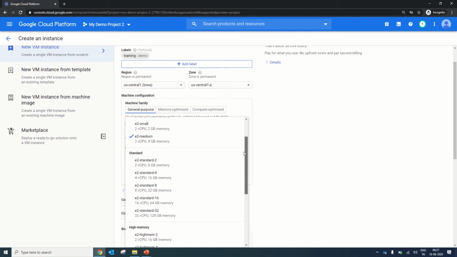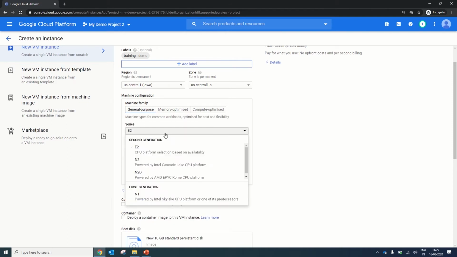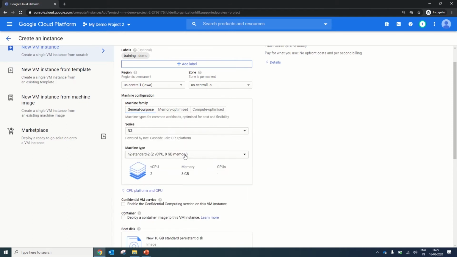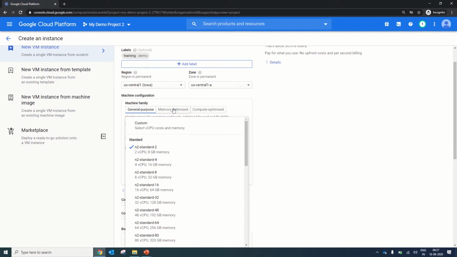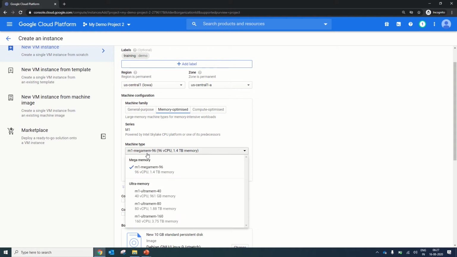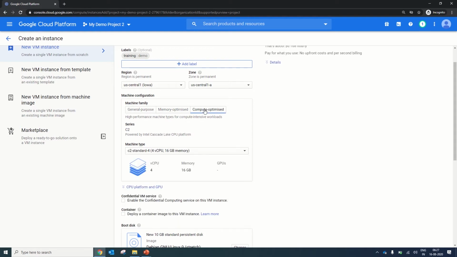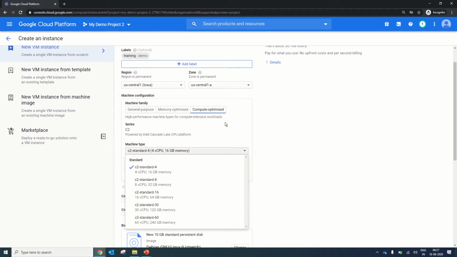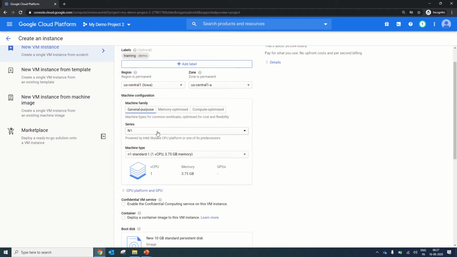You can select any of the machines that you want. Similarly for N2 you have a list of options available. If you want that your application going to be hosted on this server, or process, is going to be memory intensive, you can use the memory machines. Or similarly, if you think your load will be CPU intensive, you can select the compute optimized machines. But for the testing one, we will go with the general purpose machine.